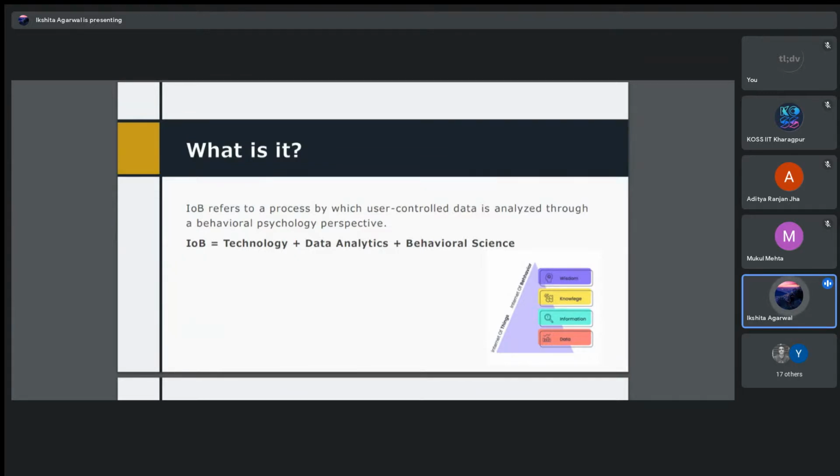As we all know, IoT is constantly expanding and evolving. Data collection from these objects provides really valuable information about users' behavior. Hence, IoB attempts to understand the data collected from the user's online activity from a behavioral psychology perspective. It focuses on how to understand the data and how to apply that understanding to create and market new products, all from a human psychology perspective. So that's IoB technology: analyzing data plus behavioral science.